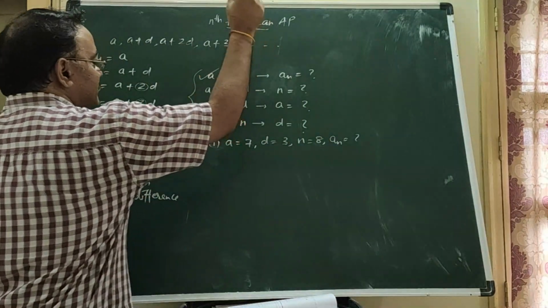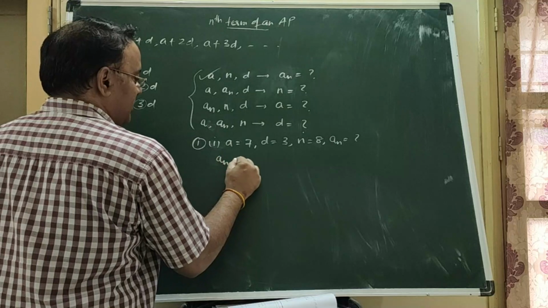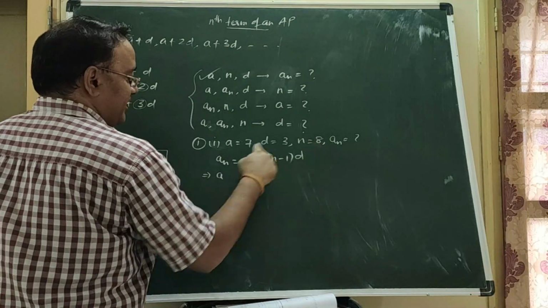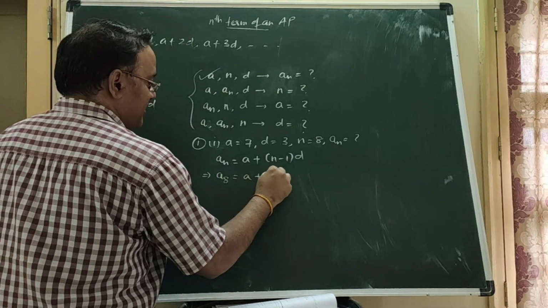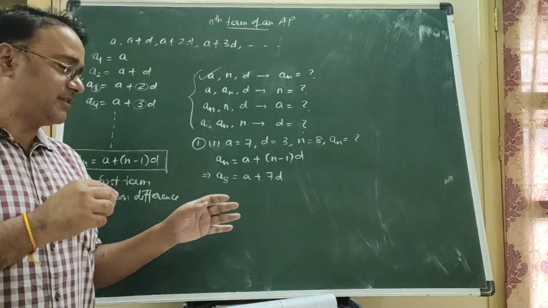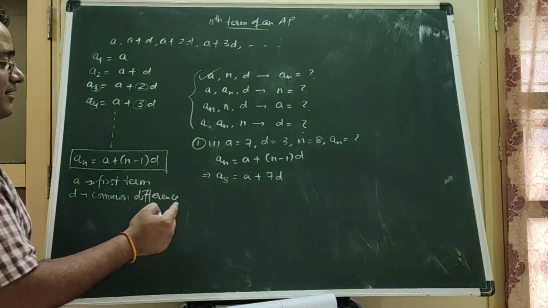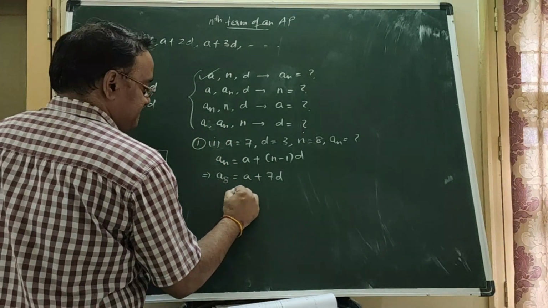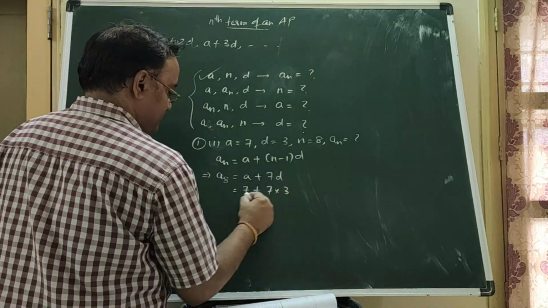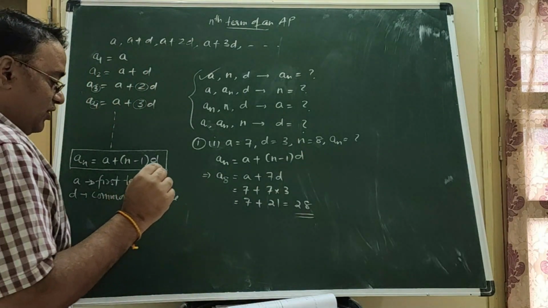So ये कौन सा एग्जाम्पल हो गया? This one, right? So for this we need to write the first formula. Formula लिखना पड़ेगा a plus n minus 1 into d, and the value of n is 8. So a8 is equals to a plus 7d, right? यहाँ पे डायरेक्ट लिख सकते हैं हम लोग, that step of 8 minus 1 into d is not required here. We can write directly. Now, what is a? 7. And what is d? 3. So 7 plus 21 is equals to 28, right? So this is the answer.